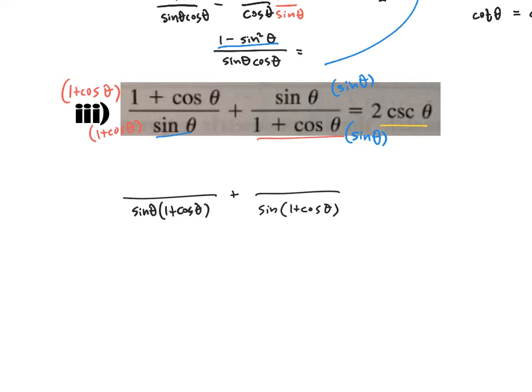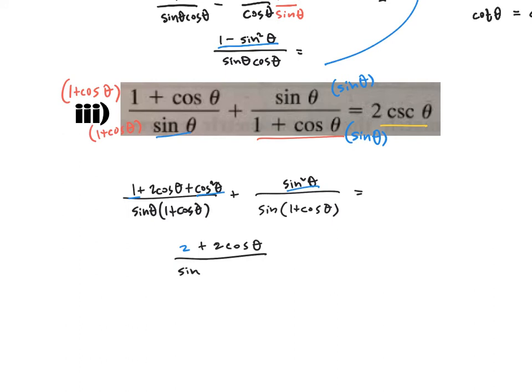Numerator. If I take 1 plus cosine times 1 plus cosine, I get 1 plus 2 cosine theta plus cosine squared theta. That's foiling the numerator on that left term. And the numerator on the other term, sine times sine, is sine squared theta. I'm liking what I'm seeing because I see a cosine squared plus sine squared, which is going to be 1. I also see another 1 here. So cosine squared plus sine squared is 1, plus another 1 will be 2, plus 2 cosine theta